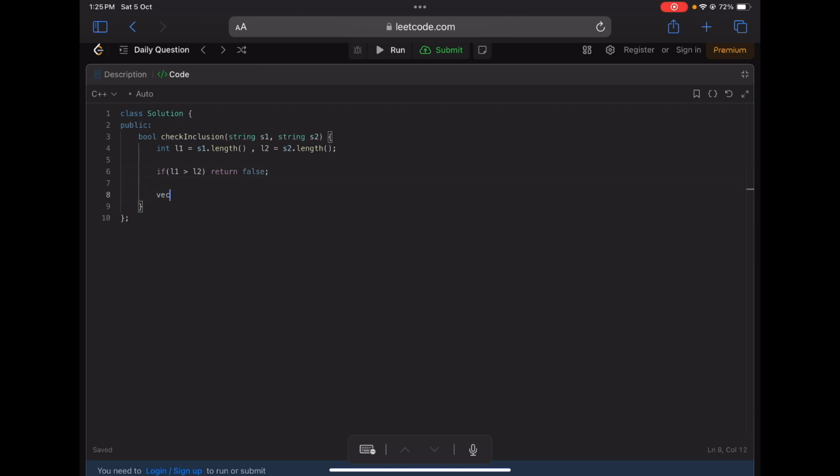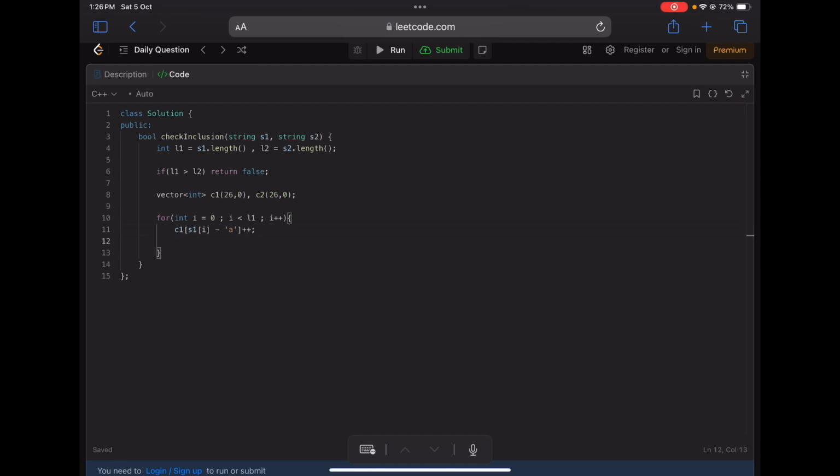Now, we'll create two vectors for storing the count of frequencies. So, C1, it will be of length 26 and initially all the values will store 0. And then another one, C2, this will also be of length 26 and initially it will store 0. Then we'll loop in S1. So int i equals 0, i less than L1, i plus plus. Why we are looping in L1, I'll tell you. So we'll update C1 here. So C1 of S1 of i minus 'a' plus plus. We are increasing the count of whatever is the character at S1 of i.